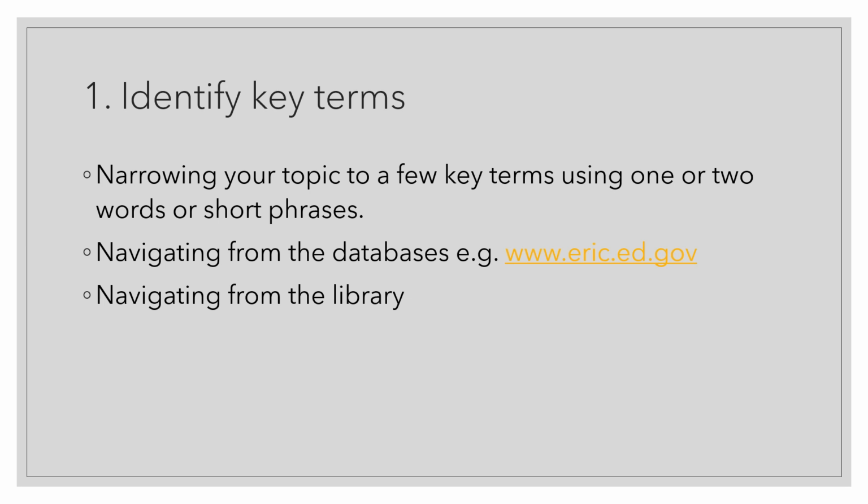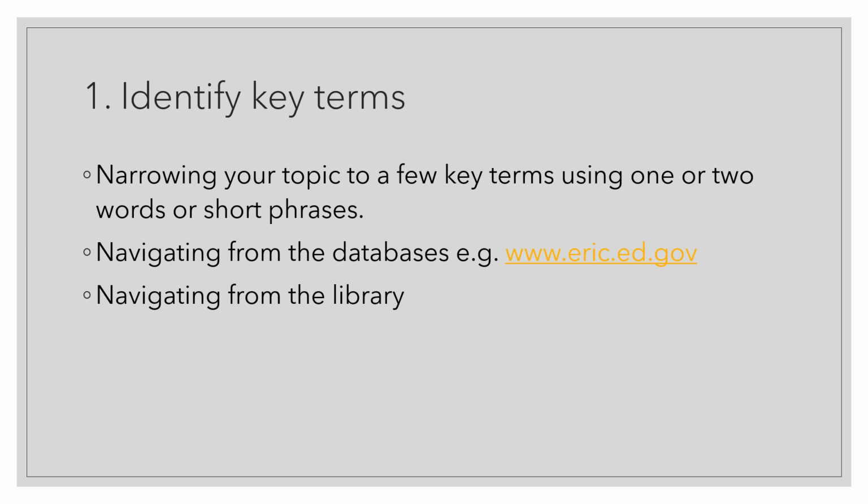In identifying the key term, you should narrow your topic to a few key terms using one or two words in short phrases. As explained earlier, if you want to discuss reading comprehension, you can start writing your literature review by making some points consisting of words or short phrases like reading, and then reading skill, and then reading comprehension, and then reading comprehension activities. Those will be your key terms,